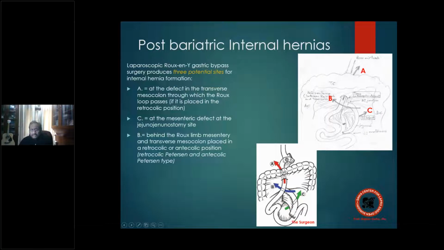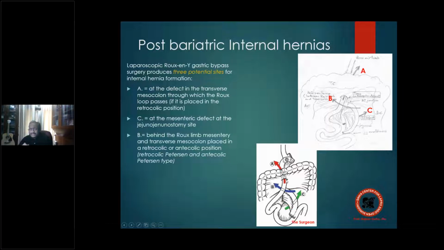One of the procedures done is what is known as the Roux-en-Y anastomosis after you have transected the stomach. See, the stomach is only this much. That is the stomach pouch remaining. Can you visualize this? This is the small part of the stomach. And this is the jejunum, which has been dragged through the transverse mesocolon and up into the supracolic compartment. So when you drag this up, you create an opening in the mesocolon. If you leave this opening as such, another part of the bowel can herniate through it. So the first site, the first defect in a post-bariatric patient, is the defect in the transverse mesocolon.